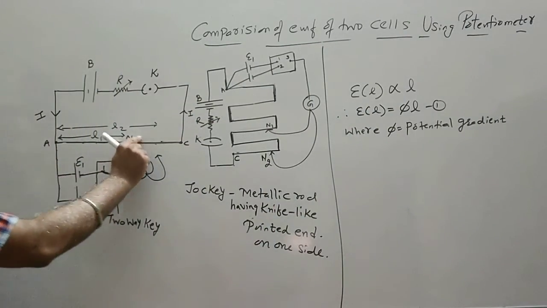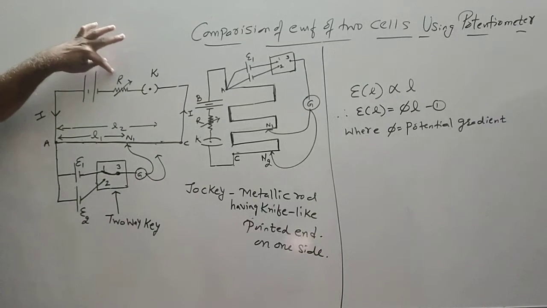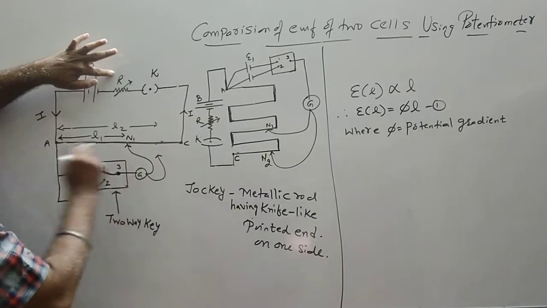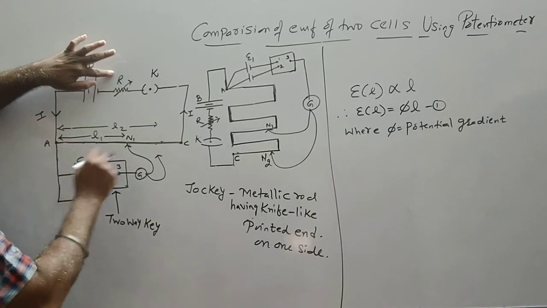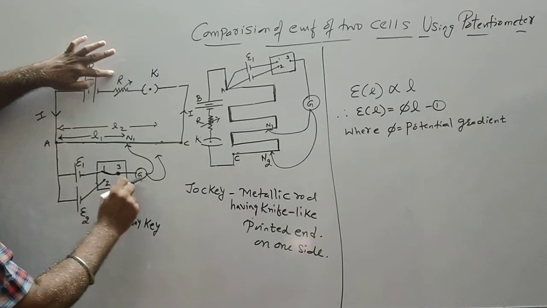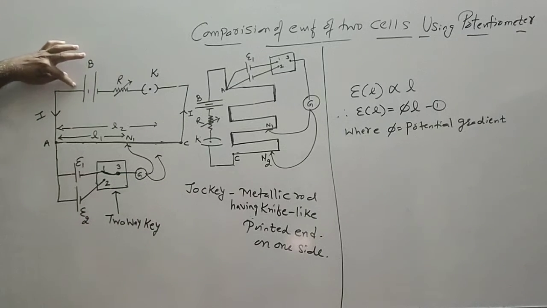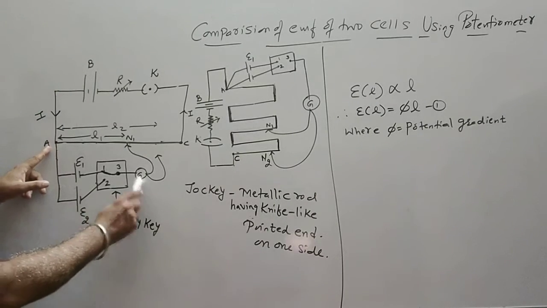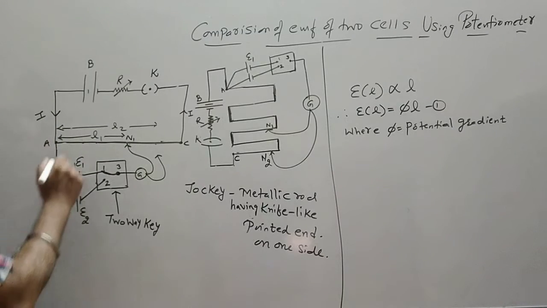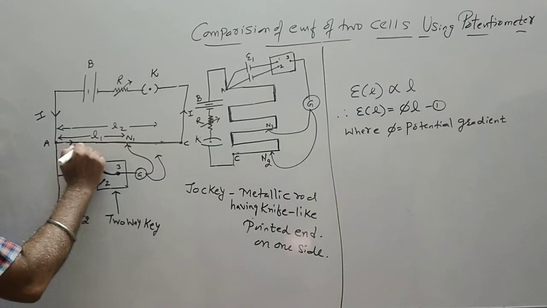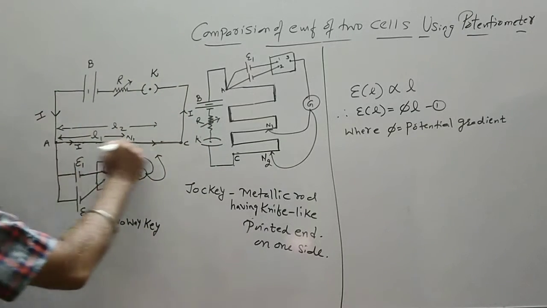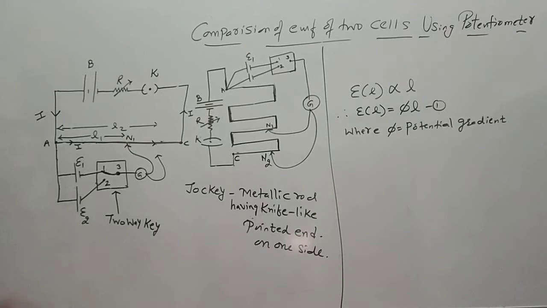We found the null point to be N1. So by varying this resistance and by moving the jockey on the potentiometer wire, we found a situation where the galvanometer is showing zero deflection. It means the current I coming out from driver battery comes at junction A. The galvanometer is not showing any deflection. It means the entire current will flow from A to N1 to C, and then this circuit is completed. So this is the situation.